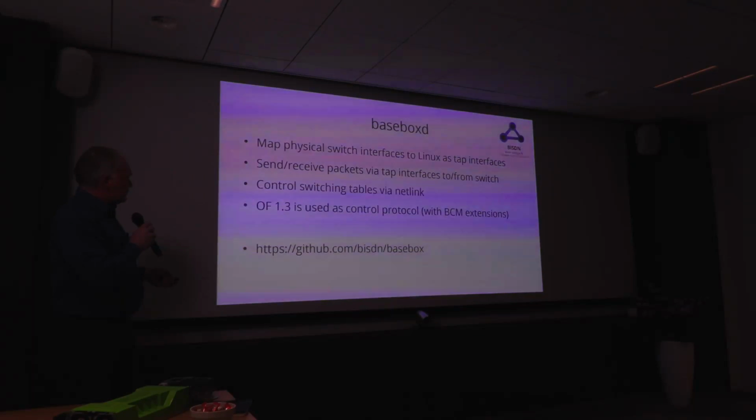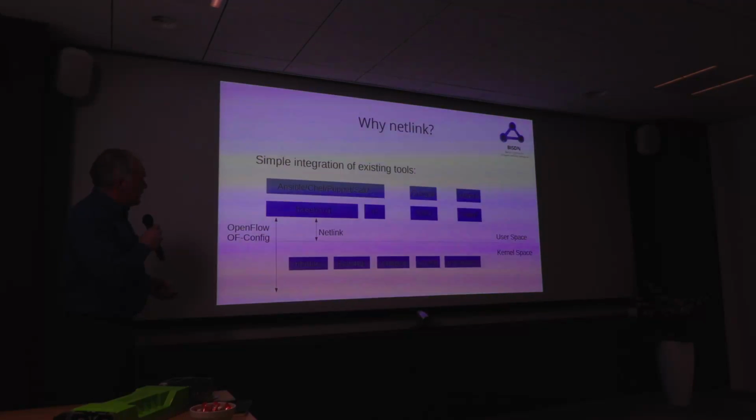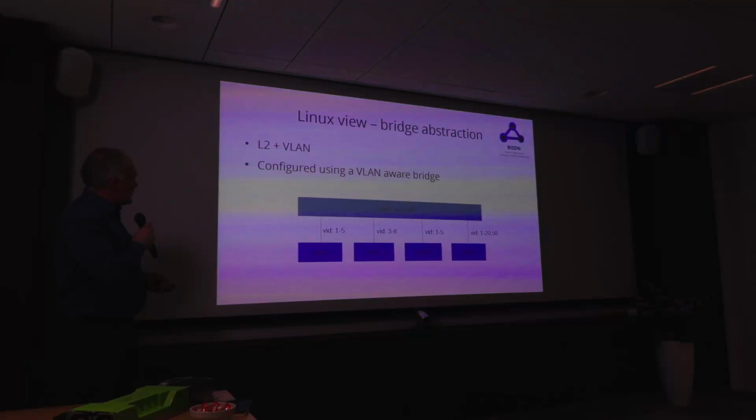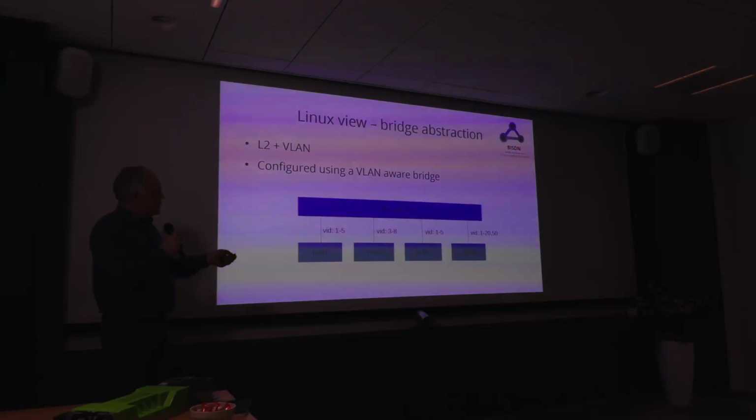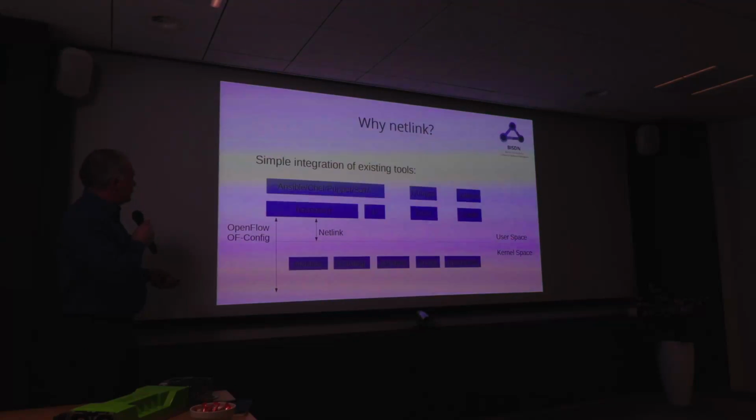So that means you can send and receive. Basically the first step is the physical switch connects to the controller. The controller creates a number of tap interfaces on the Linux system, and then you see a Linux system with 54 ports. And then you can do whatever you would like to do, like generating, for instance, a VLAN bridge, attaching ports to it, attaching VLAN IDs to it, etc. Why do we do Netlink? Well, basically because we can